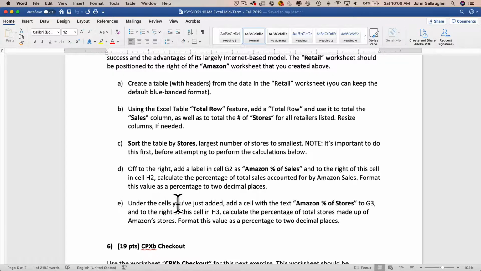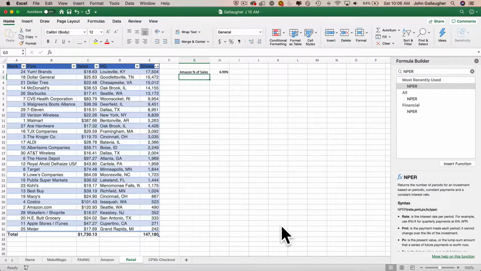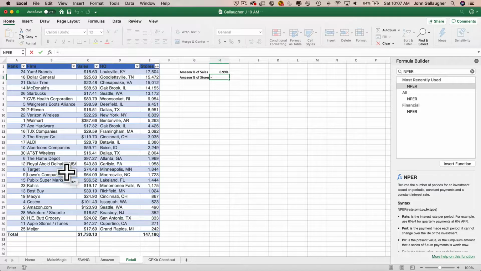We want to say, under the cells we've just added, a cell with the text Amazon percentage of stores in G3, and then to the right of that in H3, we want to calculate the percentage of total stores made up by Amazon stores and format it as a percentage with 2 decimal points. So we're going to say Amazon percentage of stores. And here we're going to say equals, and again, Amazon is down here in 27,